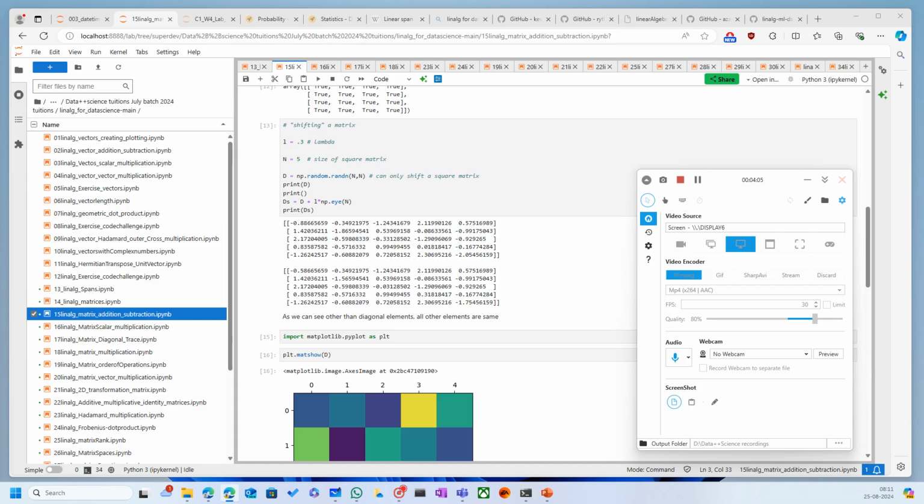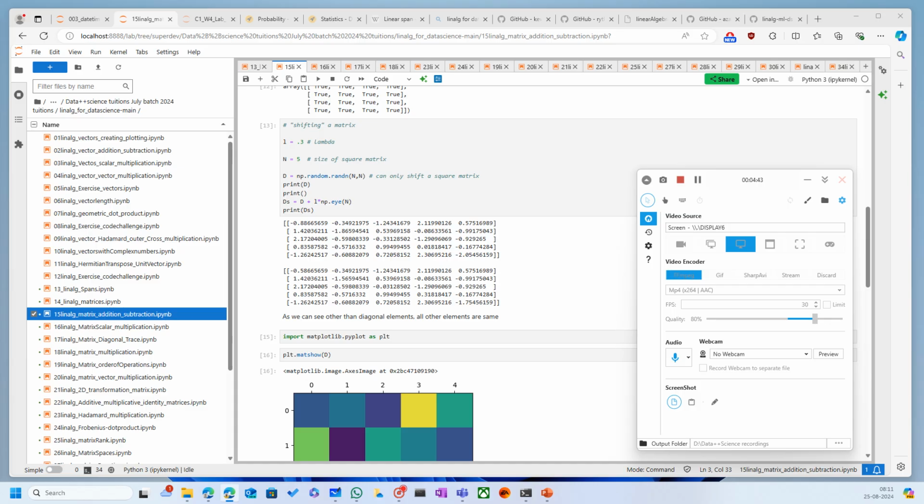So let us visualize D first. This is our D. It has some randomly generated values, as you can see, plus 2 and minus 2, even beyond minus 2. What I'm trying to do is take this D and this scalar, and multiply it with np.I. Basically I'm trying to create an identity matrix. So if I type like this,